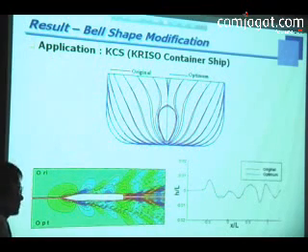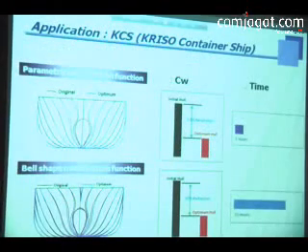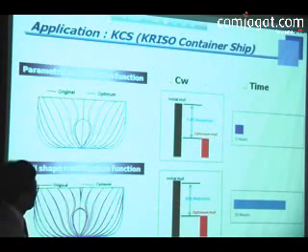Next, please. This is a comparison between two results. With parametric modification, we achieve wave-making resistance reduction of around 8%. Okay? And bell shape modification around 10% reduction. But we can